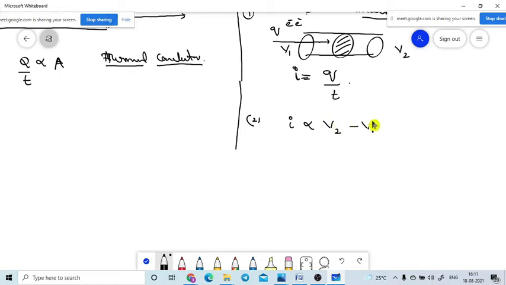If there is more potential difference, then more electric current will pass through the conductor. Are you getting it or not? Hello? Yes, sir. So in a similar manner,